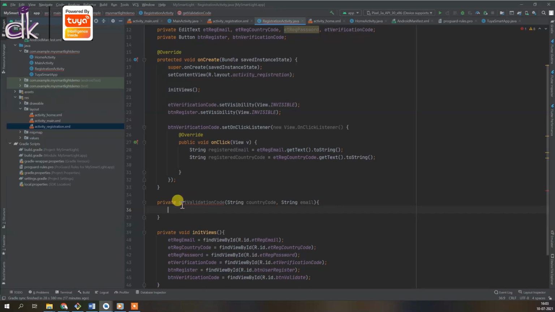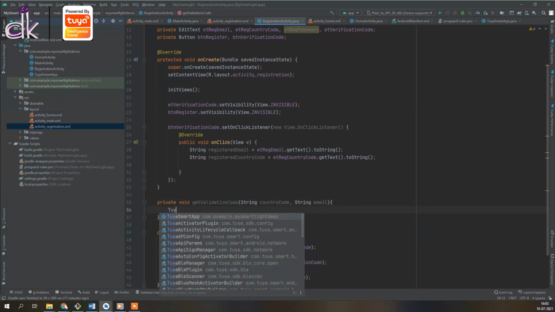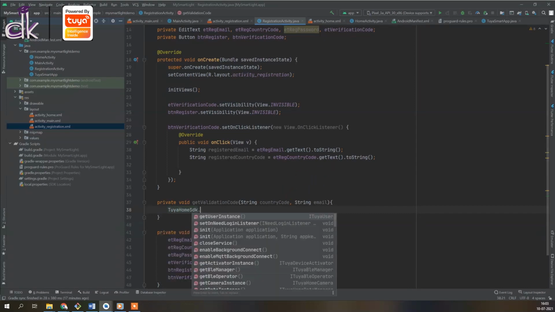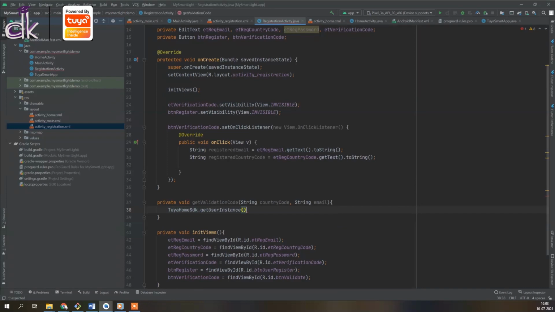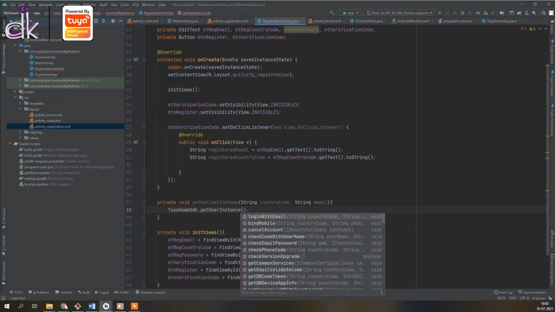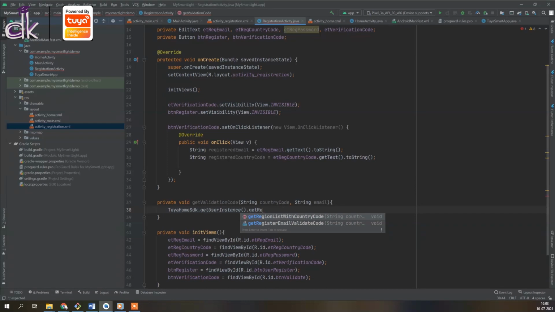I'll tell you why. The reason I'm taking only two parameters is because of the Home SDK. If you see the function, you will understand what all parameters it requires. Obviously first you will get the user instance from the Tuya Home SDK, and they provide a function to get register email validate code, right?